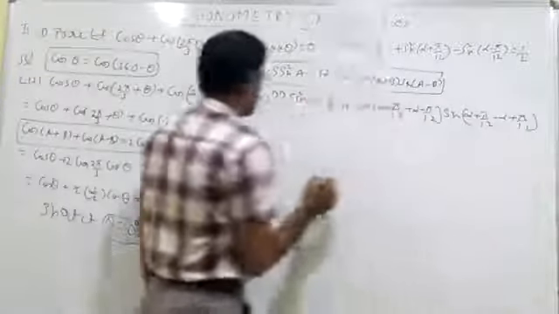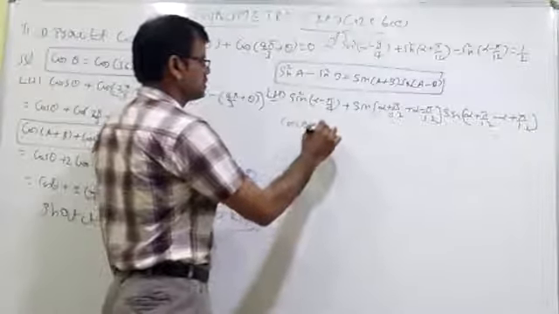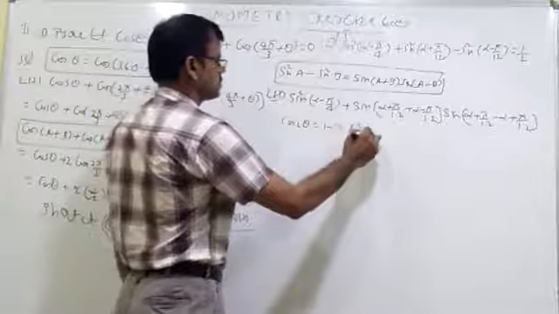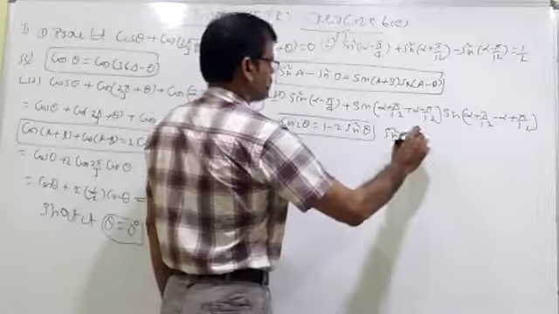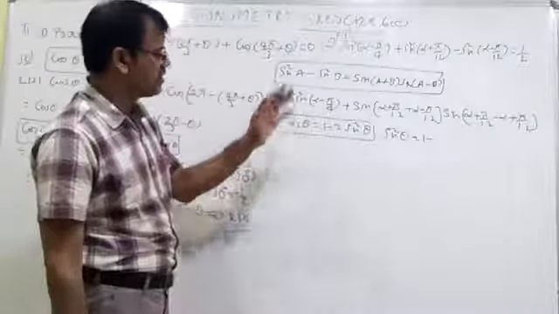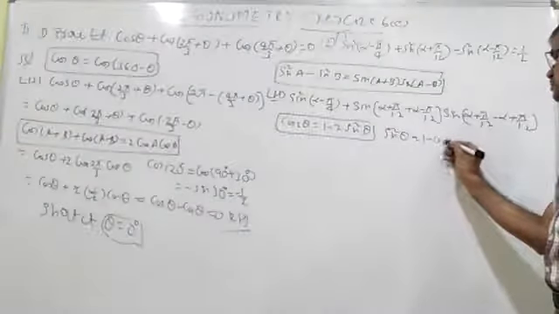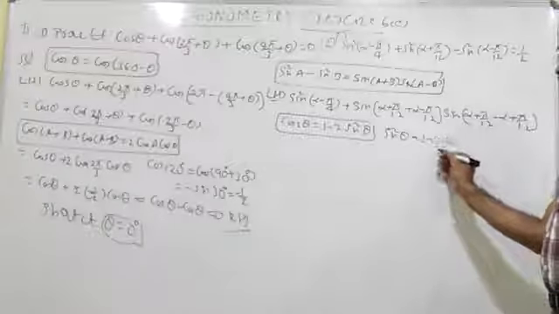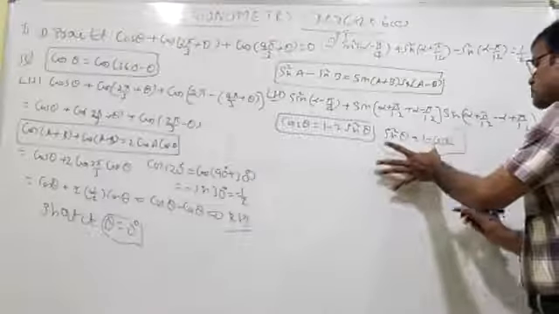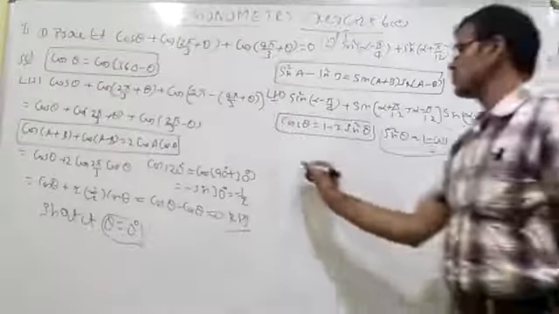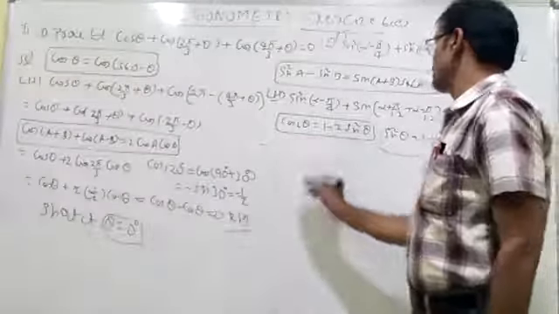Now let us remember the formula: cos 2 theta is equal to 1 minus 2 sin square theta. Using this formula, sin square theta is equal to 1 minus cos 2 theta whole by 2. Plenty of formulas we have discussed regarding multiple and submultiple angles. Sin square theta is equal to 1 minus cos 2 theta whole by 2. That is equal to this sin square alpha minus pi by 4. We can write as